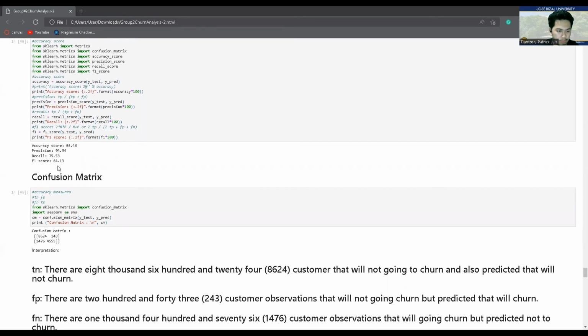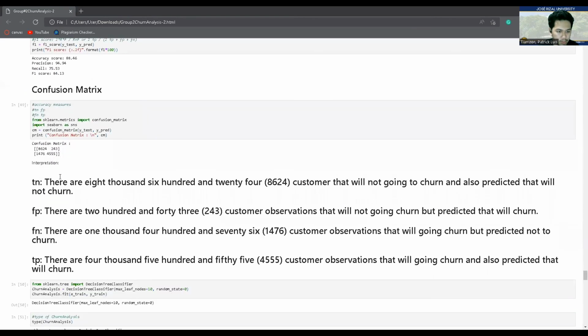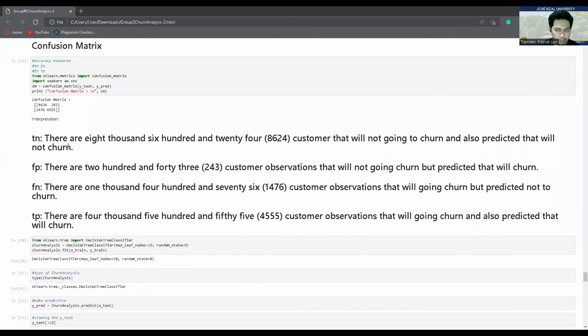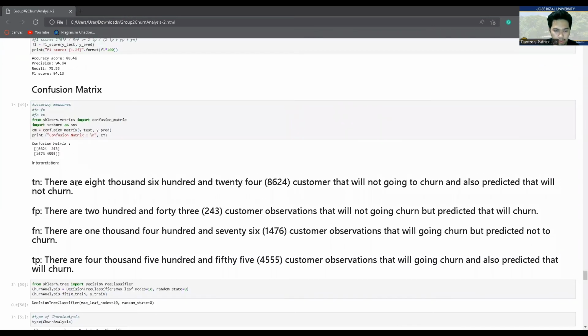It is good, but if you go down below, it is becoming worse. So here is the confusion matrix. Then there are 8,624 customers predicted that will not churn. So here is the interpretation of the confusion matrix.